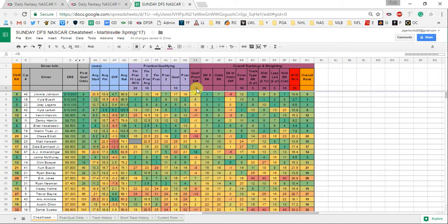The reason you see a -10 in the qualifying practice differential is what that number is telling us is that he is starting, for instance, let's go down to AJ Allmendinger. He's starting 30th, but he was 11th in his final 2 practice average. So that number gives him a +19, kind of a little bit of a differential to find some value for